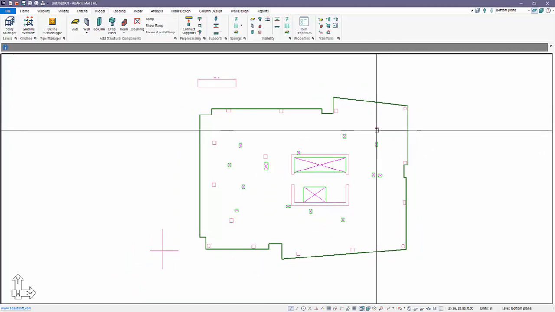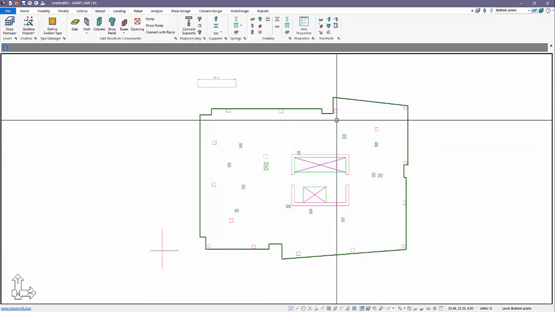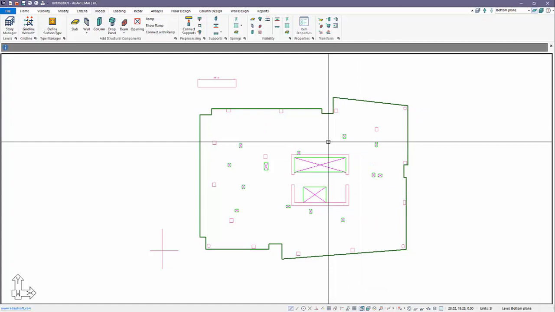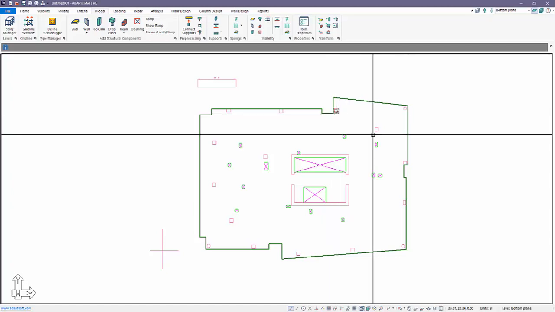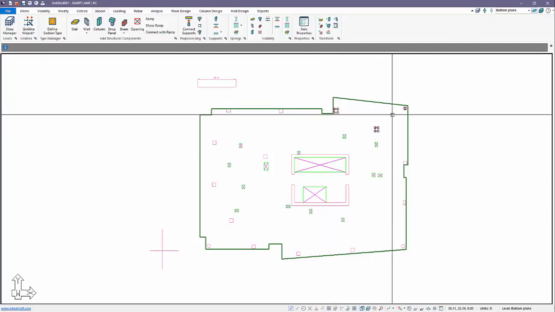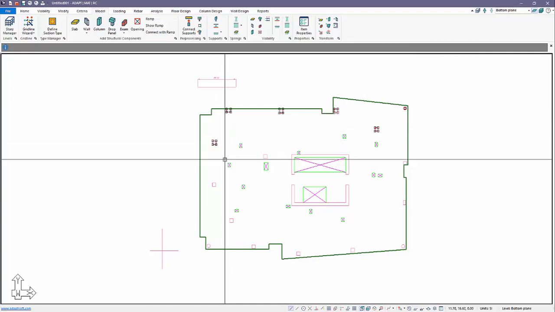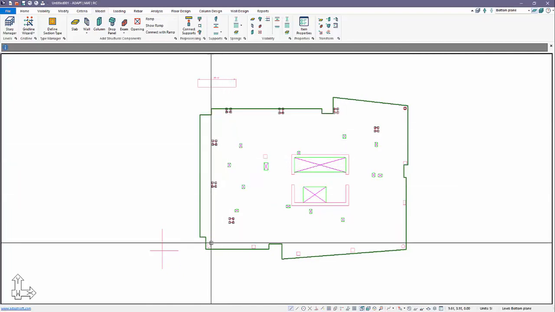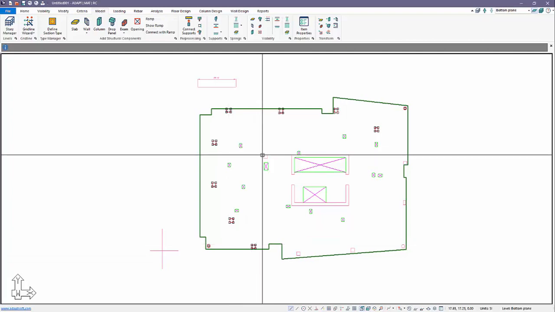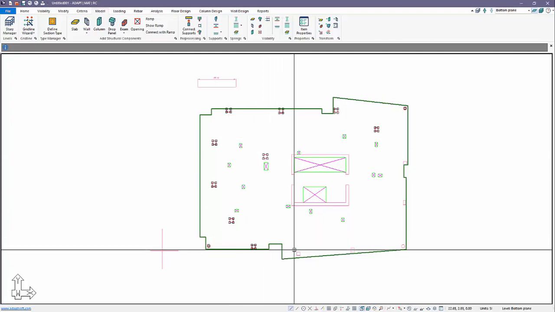We're also going to transform columns and walls really just for the purpose of being able to place loads at those locations. They become an easily snappable point that we can reference. So they don't really add much to the overall stiffness of the matte when we're running it in isolation like this, but they do offer an easy way to add point loads or line loads to the structure.